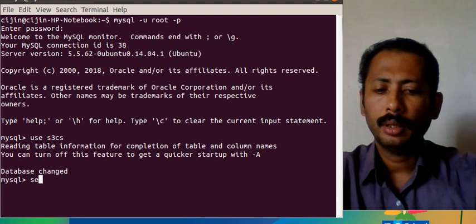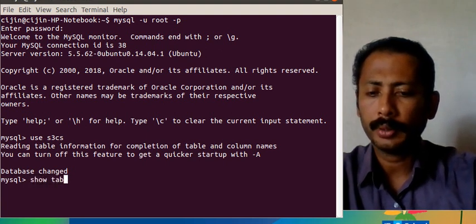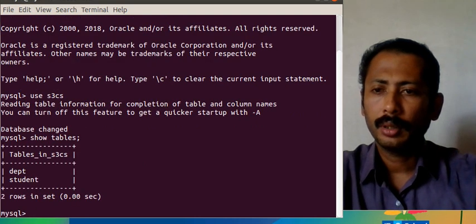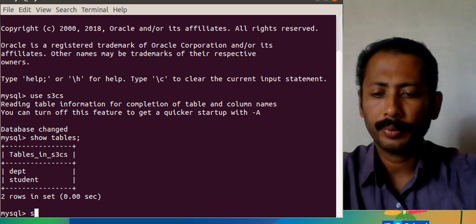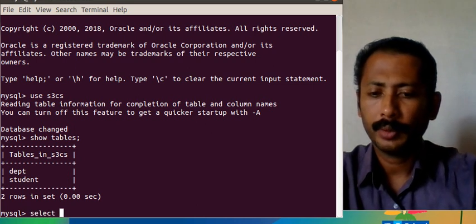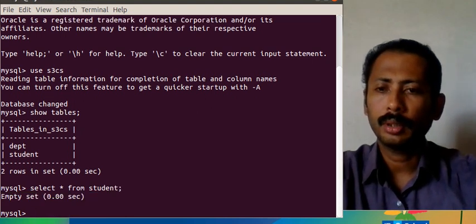Let us see which all tables are here. So show tables. We have 2 tables, department and student. Select star from student, viewing the records. No records are there.